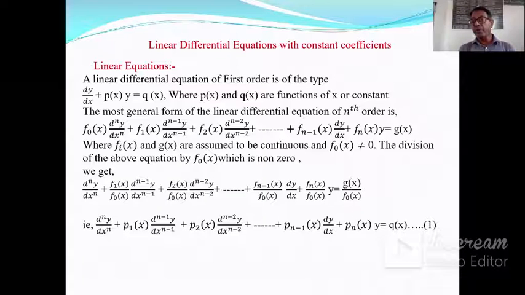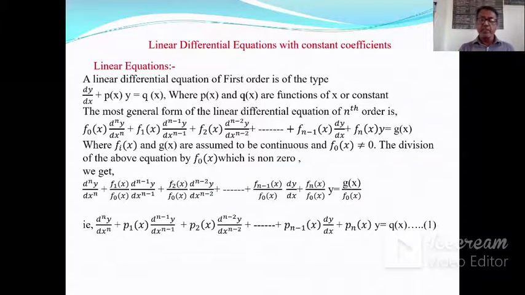Now, if Q of x is equal to 0, then we call this a homogeneous linear differential equation, an nth order homogeneous linear differential equation. Now, in this equation 1, if p1 of x, p2 of x, ..., pn of x are constants, meaning the coefficients in these differential equations are constant,